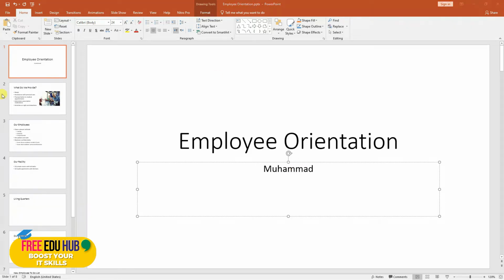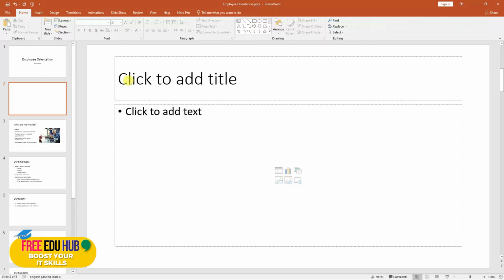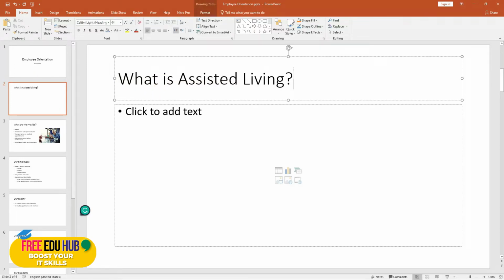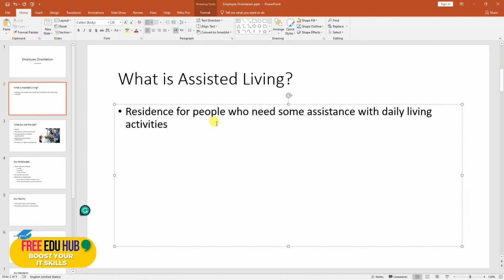Now it's saying create another slide with the title and content layout. So we'll click on this one, new slide, and we'll select this one as title and content. We'll click on this one, and then we'll type the title as what is assisted living. Then it's saying to type in the text, which is residence for people who need some assistance with the daily